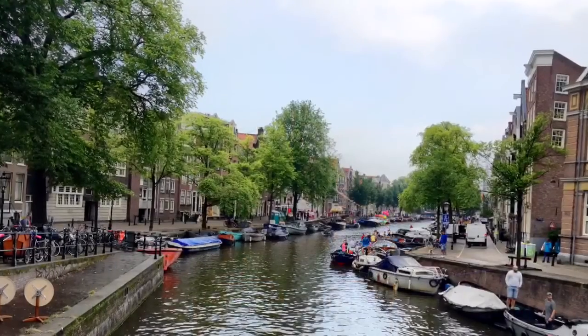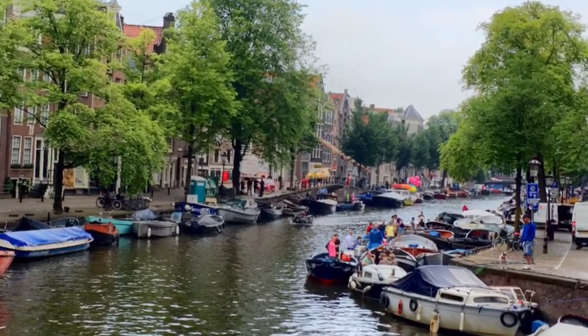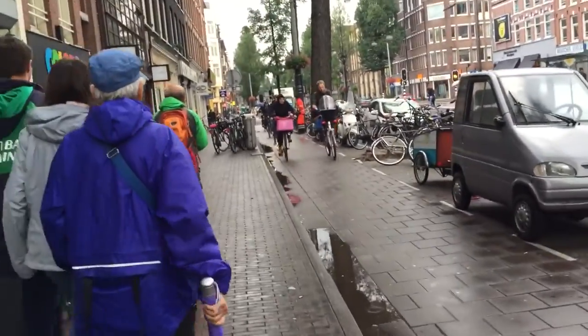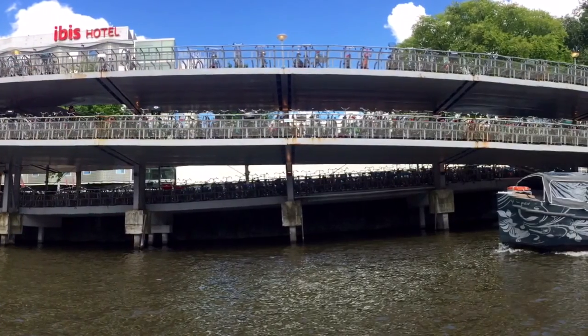Wow, Amsterdam sports 100 kilometers of canals and 1,000 bridges. Nothing is more iconic to Amsterdam than the tens of thousands, perhaps more, bikes that are constantly cruising around the city. Fortunately for us, the cyclists follow the same rules cars do, but that doesn't mean walking isn't without hazards,